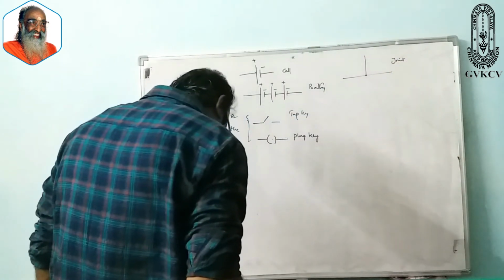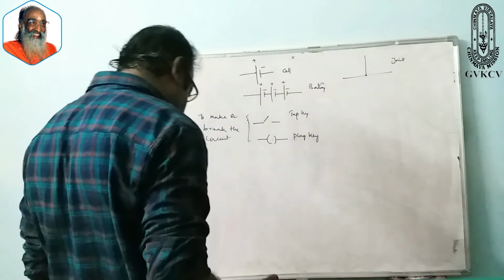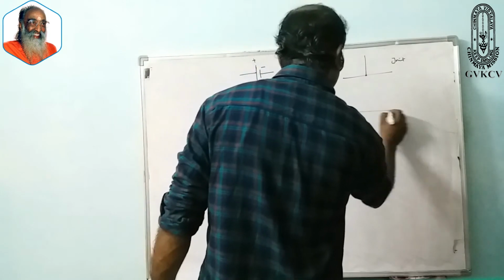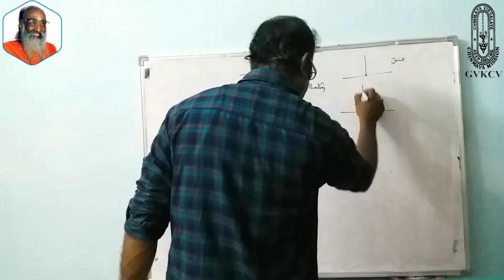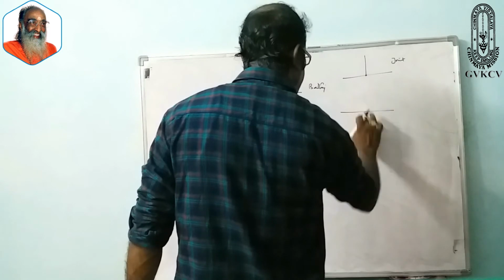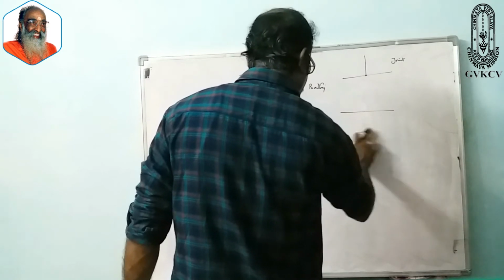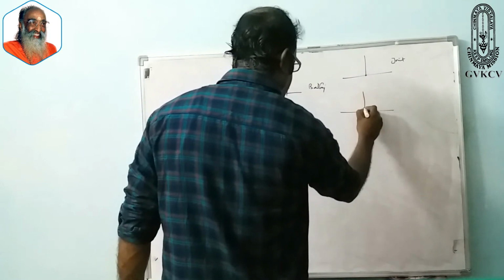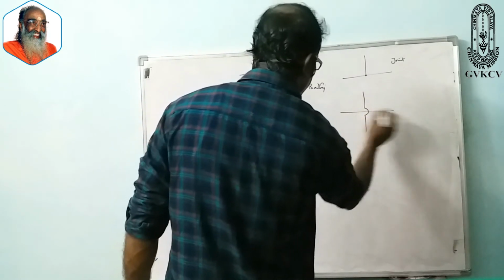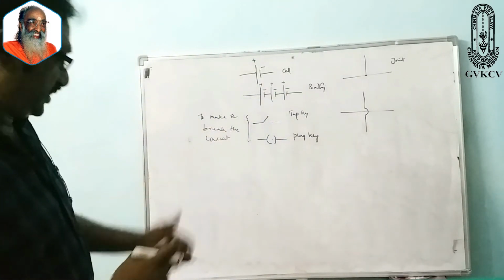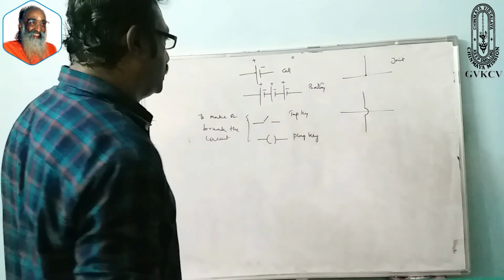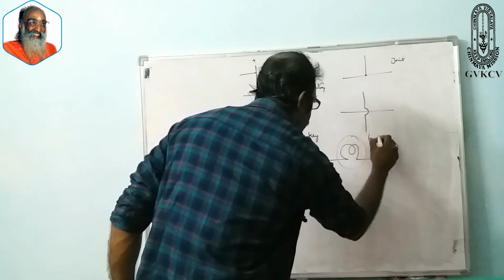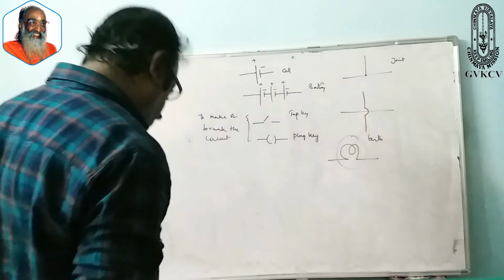And for wires crossing without joining, suppose we want to make a wire like this, and if we want to go another wire like this, we cannot just draw a line like this, so it just forms a junction here. To show that a wire is passing without making any connection, we make it like this. By this you can understand that they are not connecting anywhere. And next, you know that this is for the bulb or for the load.